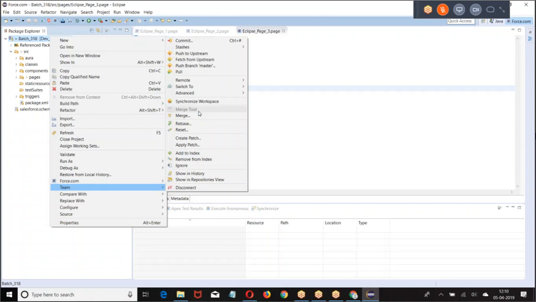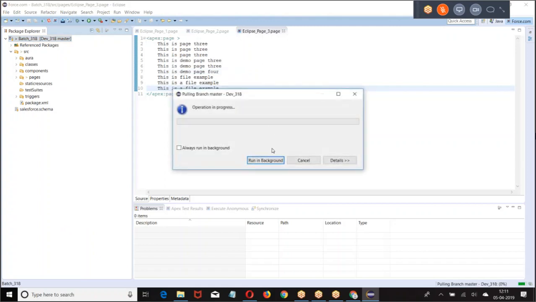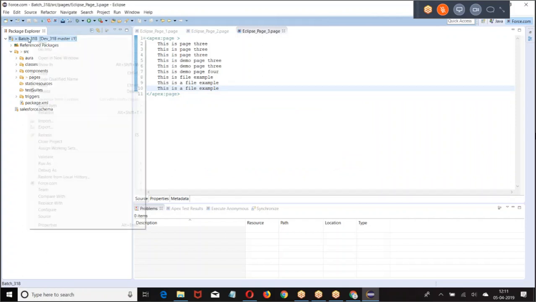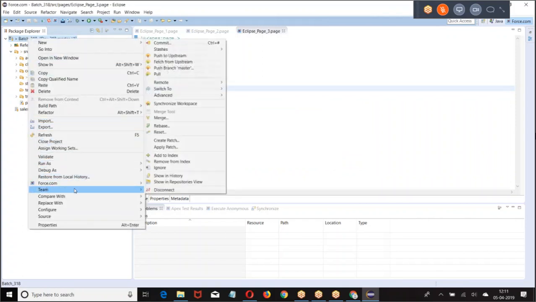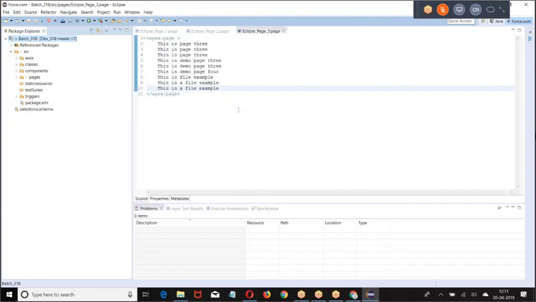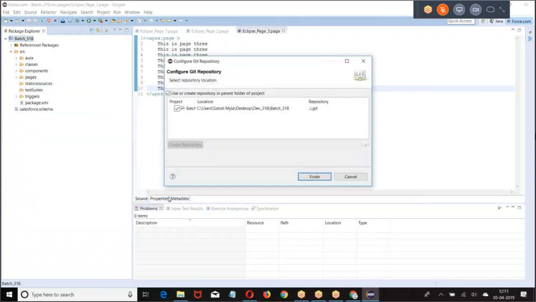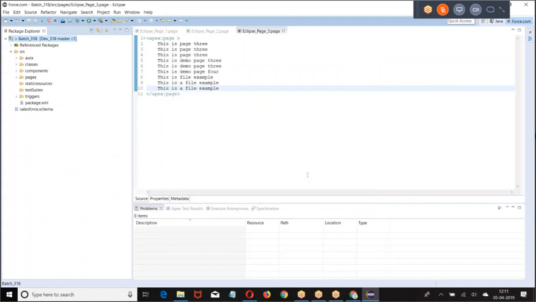Team, pull. There's a conflict of checkout. Again, I have to disconnect. Right click, Team, Share the project, Finish.